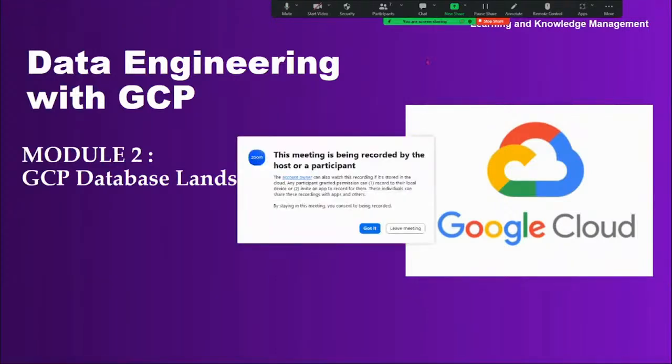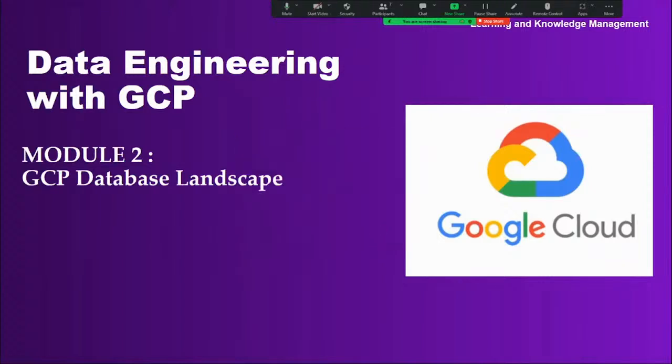Recording in progress. Right? From today onwards, we're going to discuss the very first topic, that is, in GCP, we have the GCP database landscape and big data landscape. So one by one we are going to start. In the first half, I'm going to explain a few concepts related to the databases, that is our Google Cloud Storage. And after that, we're going to start with